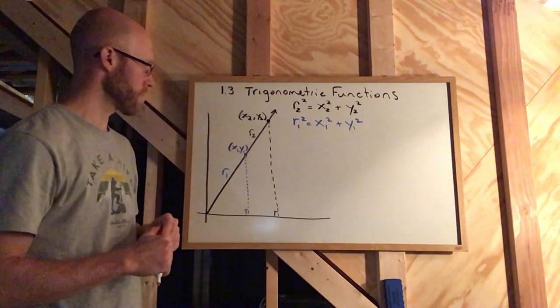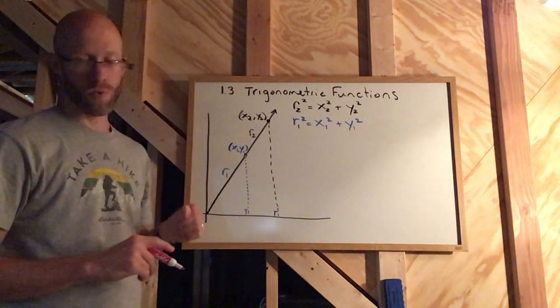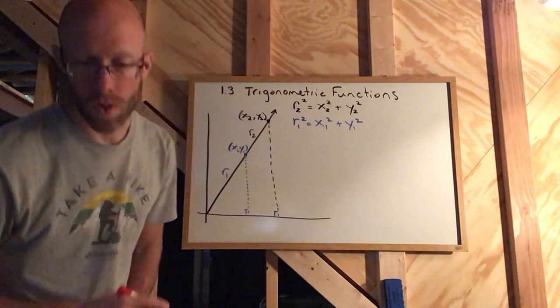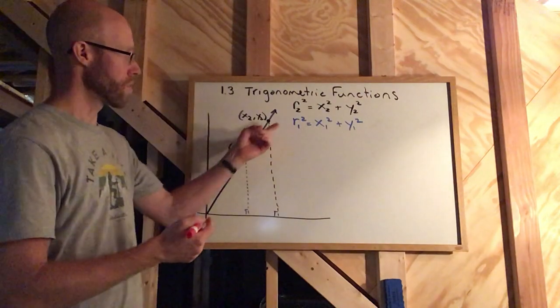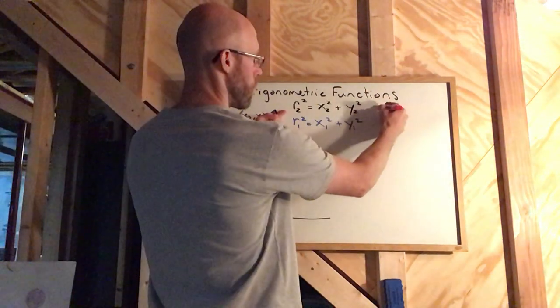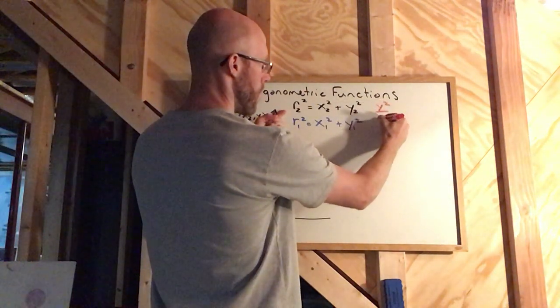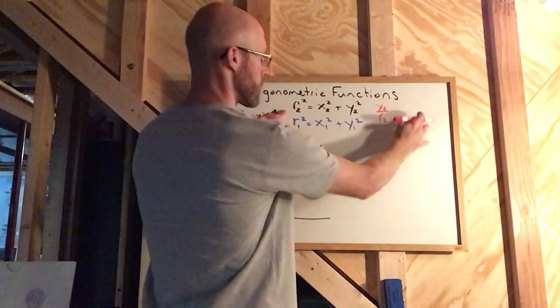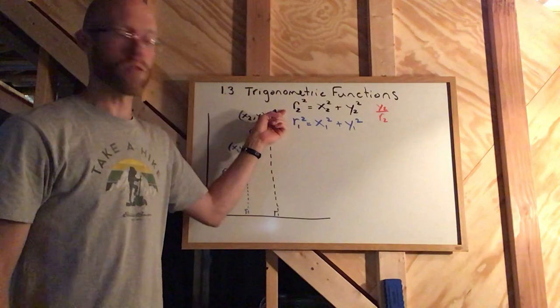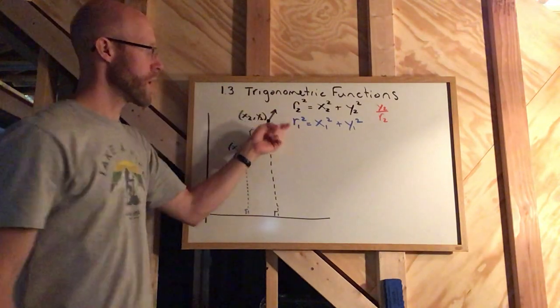The first one I'm going to set up is the ratio between y and r. So there's a ratio that you could do: y2 over r2. Oops, I don't want to square that one. Should be a subscript. So y2 over r2,